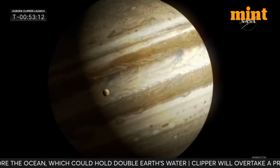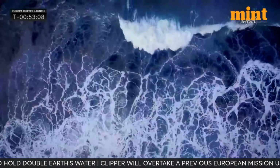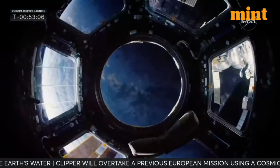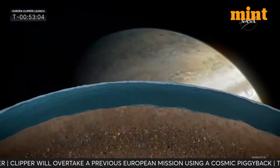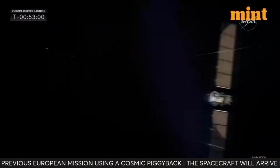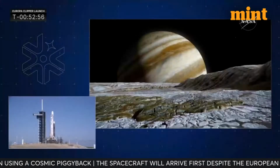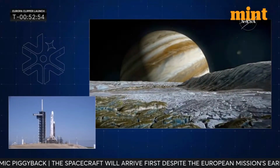The most exciting thing about Europa can be summarized in one word: water. Now think about all the water on Earth and double that. That's what we think is on Europa. But we need to go there to explore it, to understand, is this place a habitable environment that could potentially